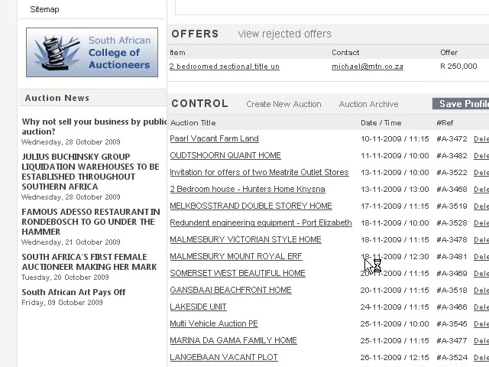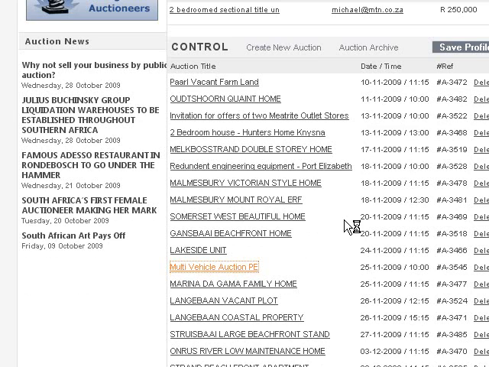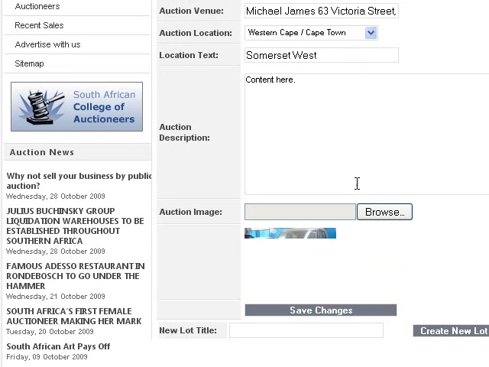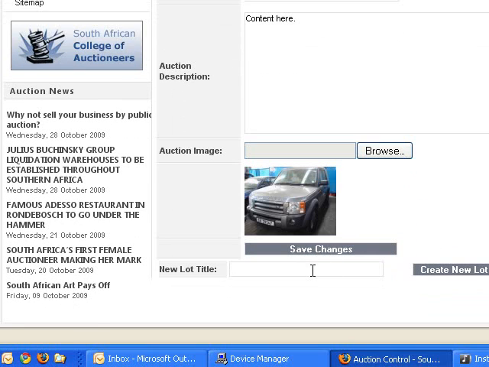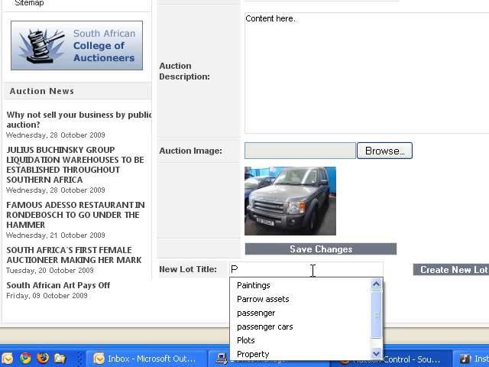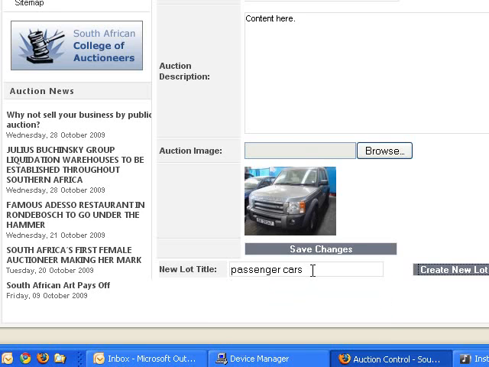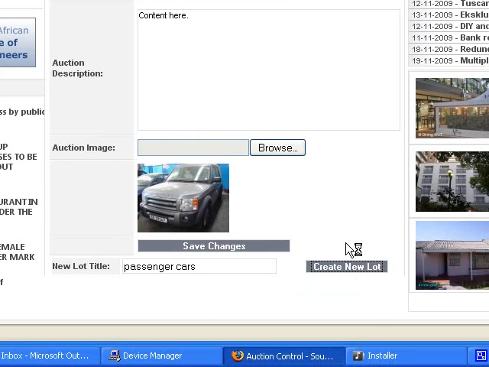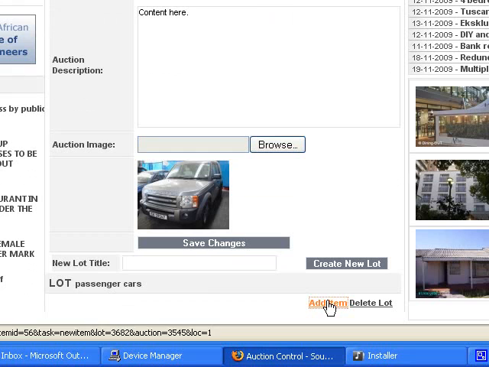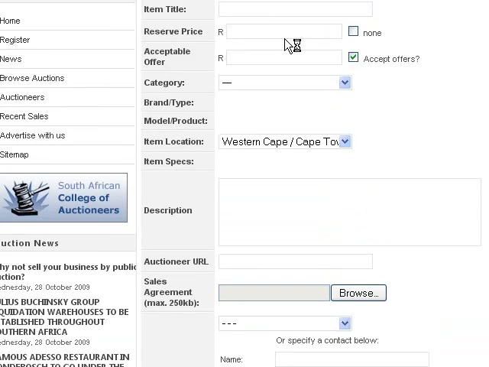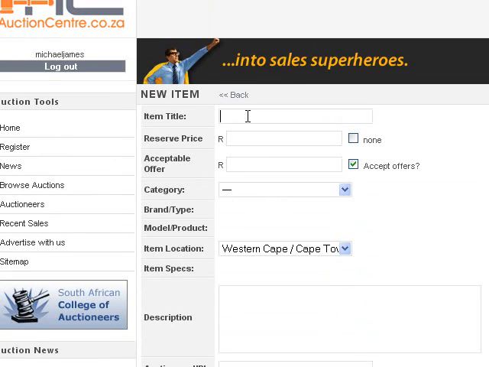We're now going to find the auction, and we're going to add a lot. A lot is just a categorization for you, the auctioneer, to manage the content. So we're going to call these passenger vehicles. Passenger cars, there we've got that, and create the lot. So once we've created that category, we're now going to add an item, and we're going to add here a Land Rover,